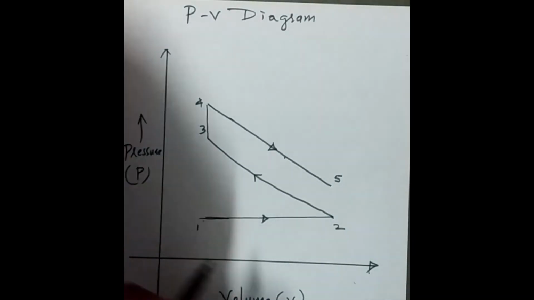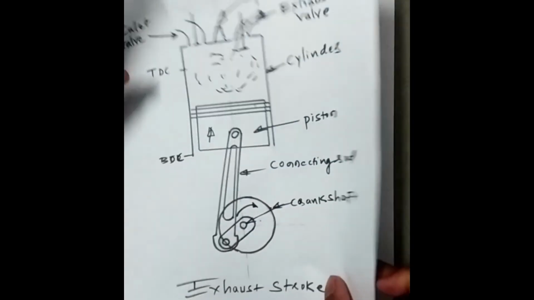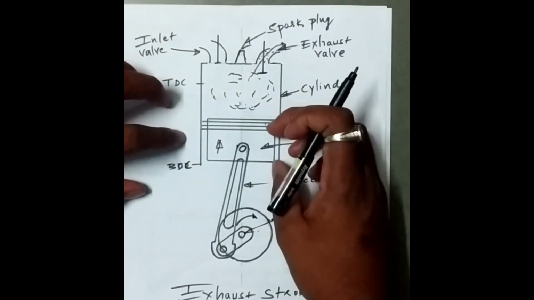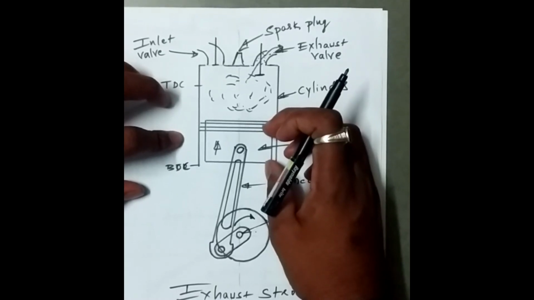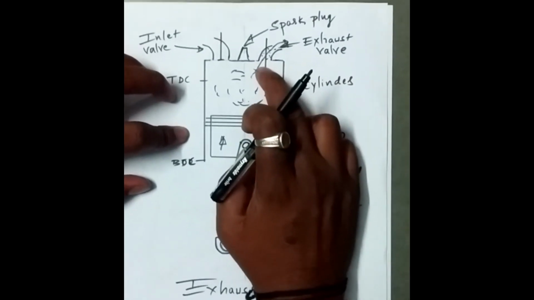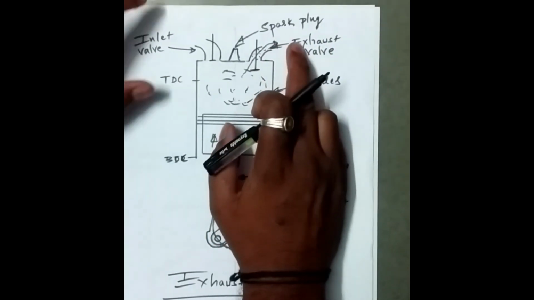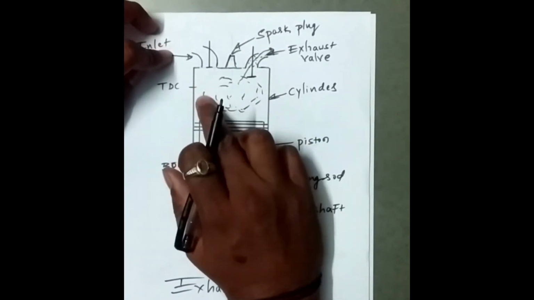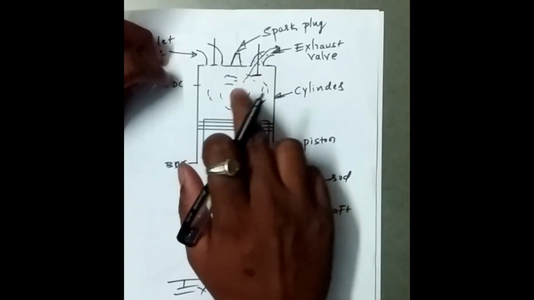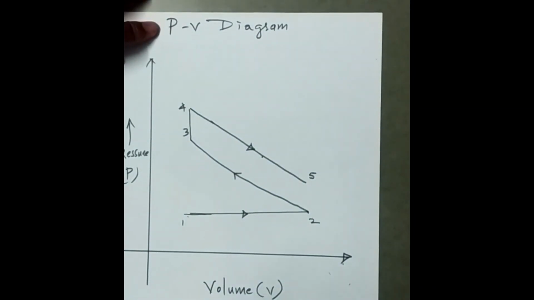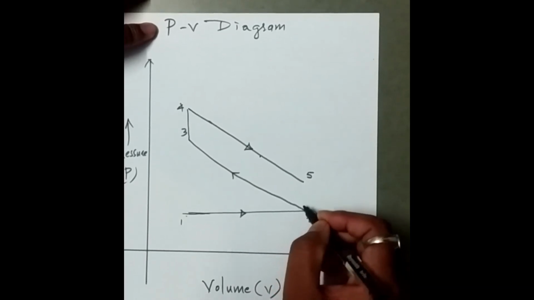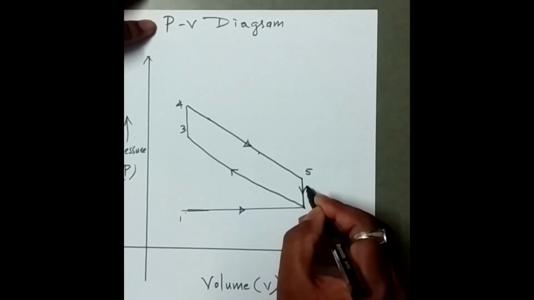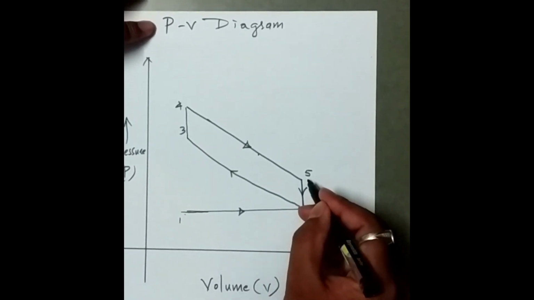Next, once the piston reaches BDC at the end of the power stroke, the exhaust valve gets opened up. When the exhaust valve opens, the pressure in the cylinder immediately drops. The drop takes place at a constant volume, so it is a constant volume pressure drop. I'm going to show it here. We have constant volume this side, and a drop in the pressure, like this. This is the stroke that I have mentioned here.